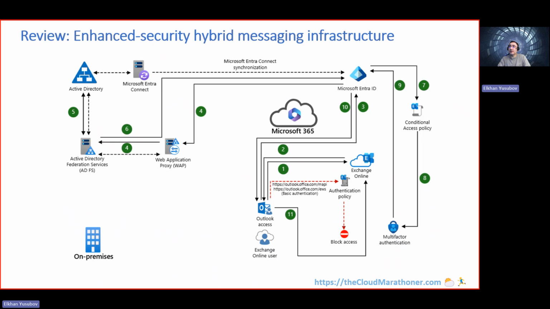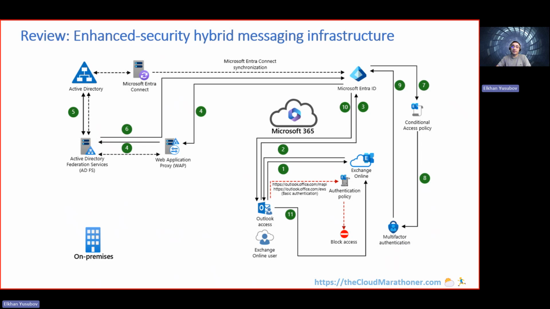This is another reference diagram where we are more toward, as you see, integration between Exchange Online, Azure Active Directory, Microsoft Entra Connect, and Active Directory. This is the regular Windows Active Directory, as well as web proxies that enable this. So in this diagram, you see an implementation of multi-factor authentication for Outlook desktop clients that access Microsoft Exchange. And there are 4 architectures that correspond to these different possibilities with the Microsoft Exchange products that you see here.